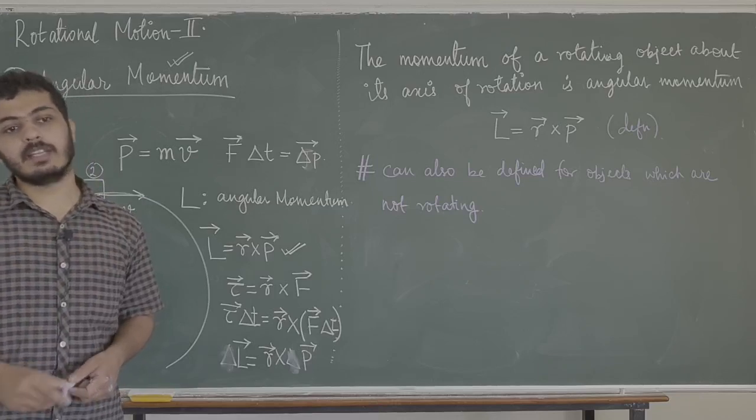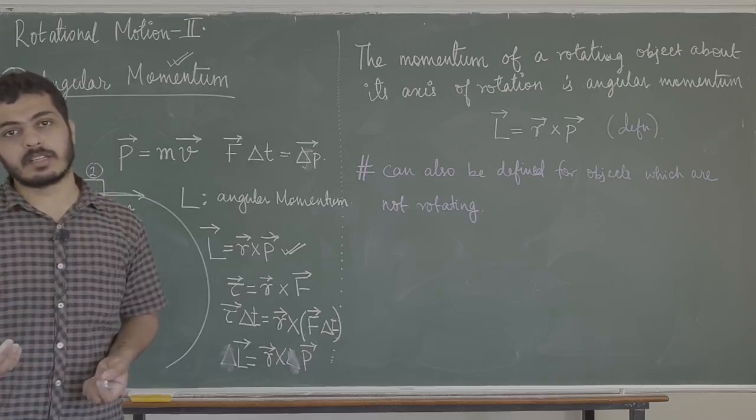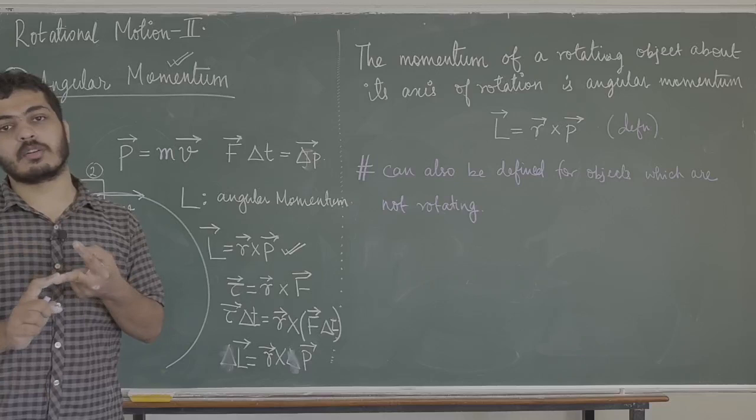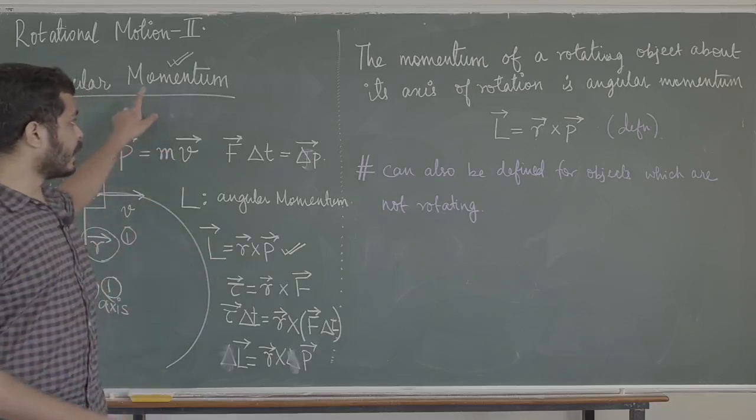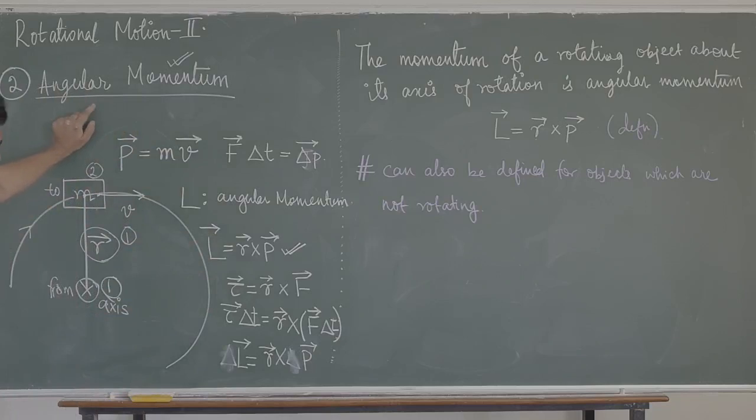So the kinetic energy of an object that is moving depends on two things. It depends on rotation, and it also depends on translation. Exactly the same way, there is another concept. We talk about angular momentum. So what is angular momentum? The momentum possessed by a moving, rotating object is called angular momentum. How do you define angular momentum?